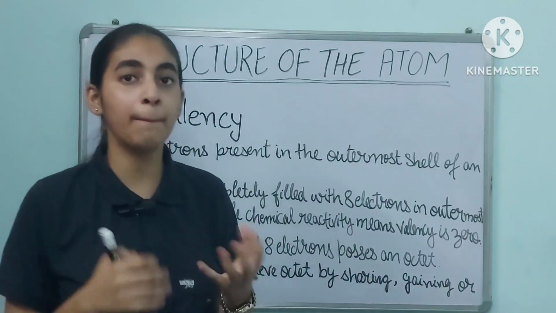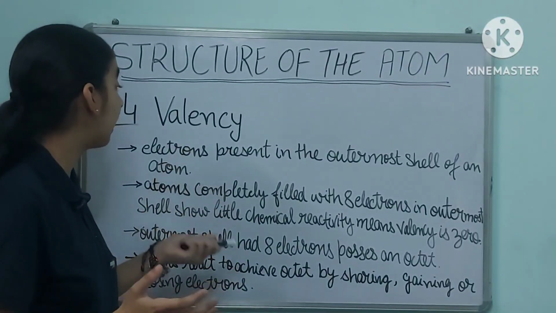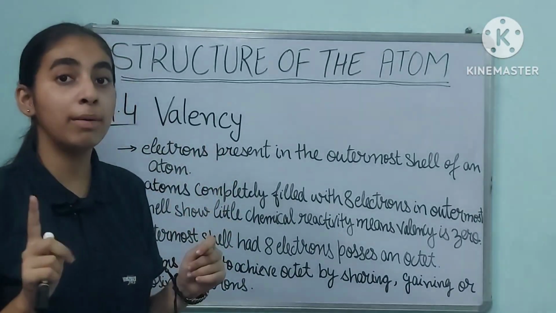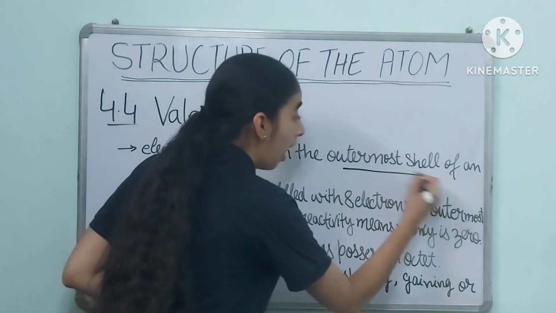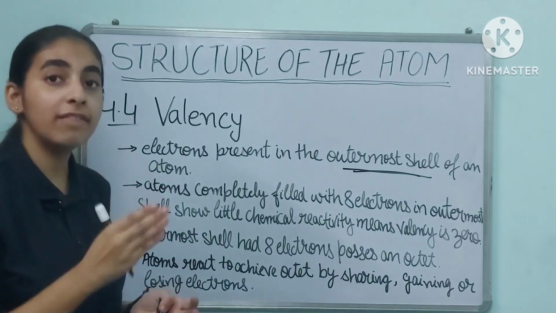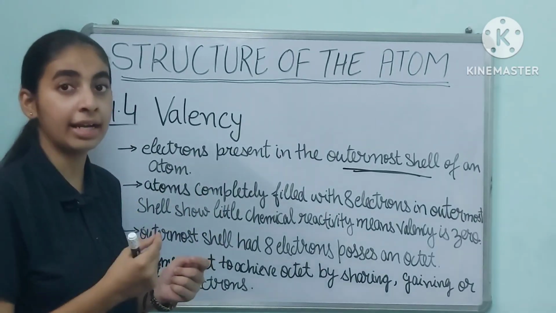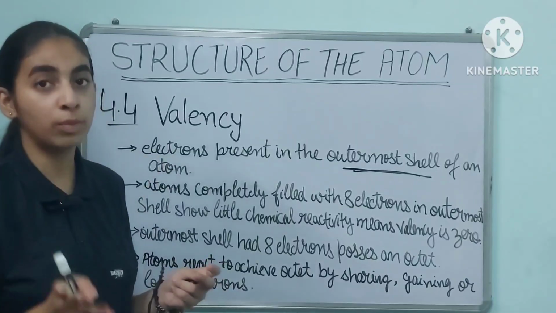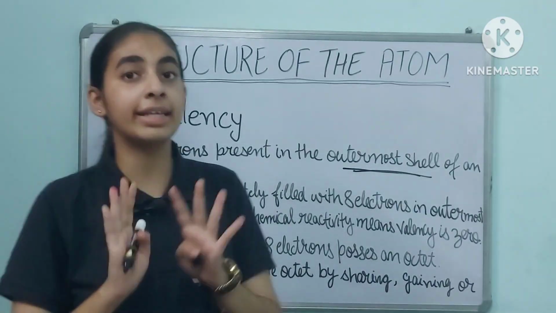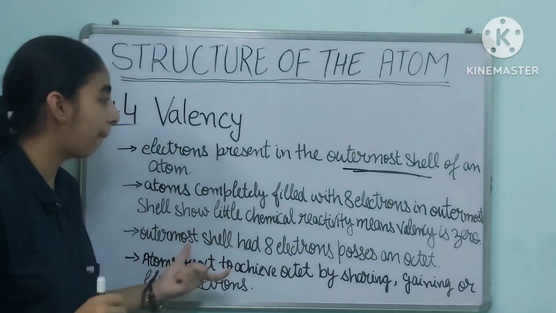And what is valency? If I say the combining capacity of an atom, that means the electrons present in the outermost shell. But remember the word outermost. Outermost is important. The electrons that are present in the outermost shell will show the valency, not any K shell or L shell. If you're filling the electrons in an atom and suppose M is the outermost shell, then how many electrons are present in the outermost shell, that is the M shell, that will be known as the valency. Right? So this was the topic of valency.